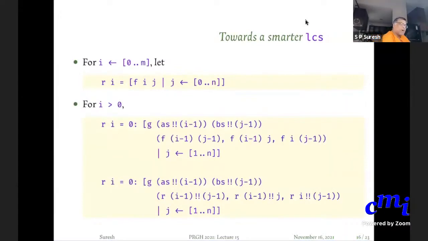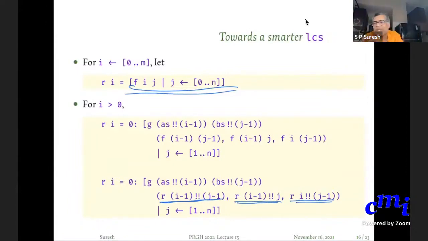Rather than saying f of I minus 1, j minus 1, I can say the value at position j minus 1 of Ri minus 1, because Ri minus 1 is that list. Remember, Ri minus 1 is this list. So rather than f of I minus 1, j minus 1, I can directly say this. And I can directly say R of I minus 1, j, and Ri at j minus 1.